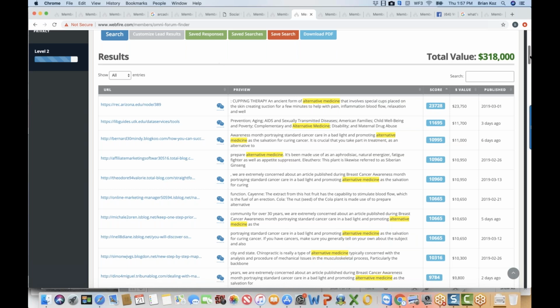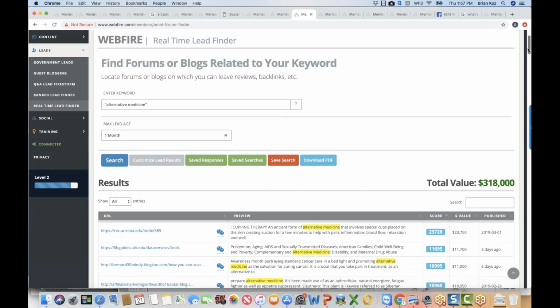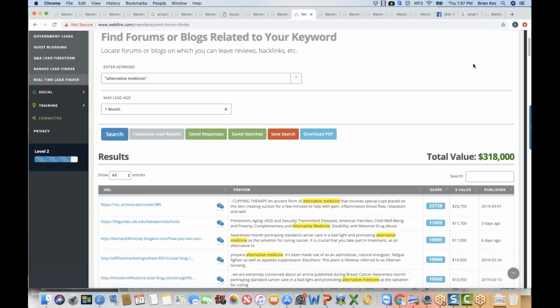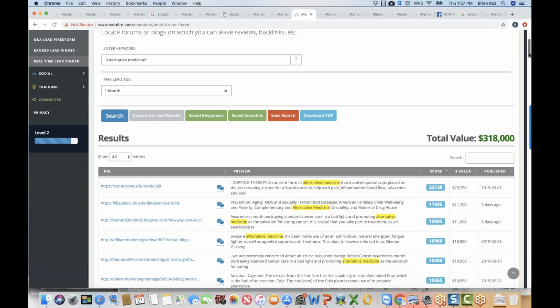And instead of waiting for these leads to find you, you can go to them. If there are leads reading this right now, on a big site with a lot of people on it, you can say, in this case, if you're an expert in alternative medicine, you could add a keyword, like a certain kind of cancer or disease, and try to be helpful and useful.